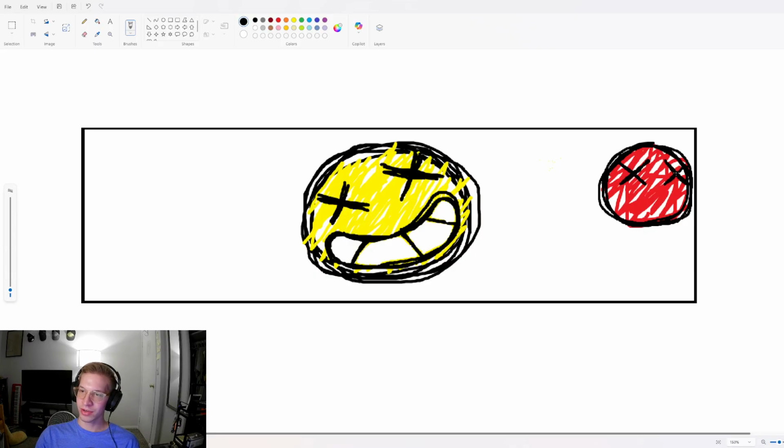Notice that I also tend to draw their eyes bigger and bigger. Boom. And he's got 1, 2, well, that one's bad. 2, 3, 4, 5 big stitches across his face. And then what I like to do is I draw stitches on him, or sort of around him. Let me get a real sharp angle here. I put Suture in the corner so that his stitches can stick out like this.